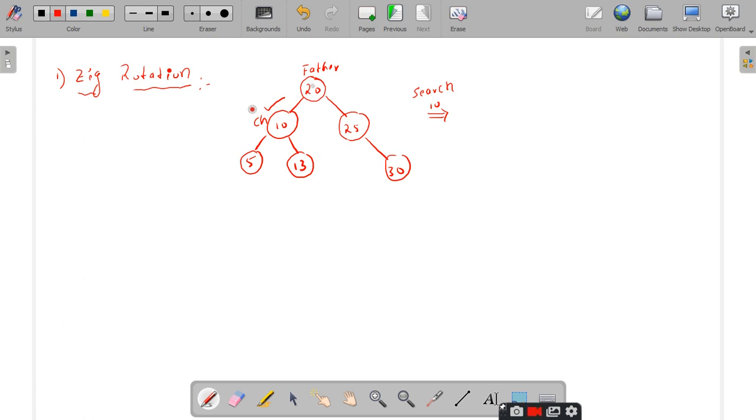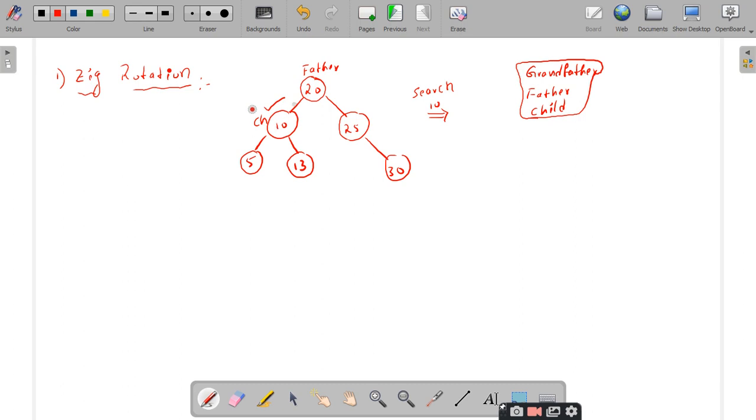Listen carefully, if it is not the root node, then you have to consider the grandfather also. So only 3 generations you have to consider: the grandfather, the second generation father, and the third generation child. In the case of splay trees, you have to consider only 3 generations: child, father and grandfather.